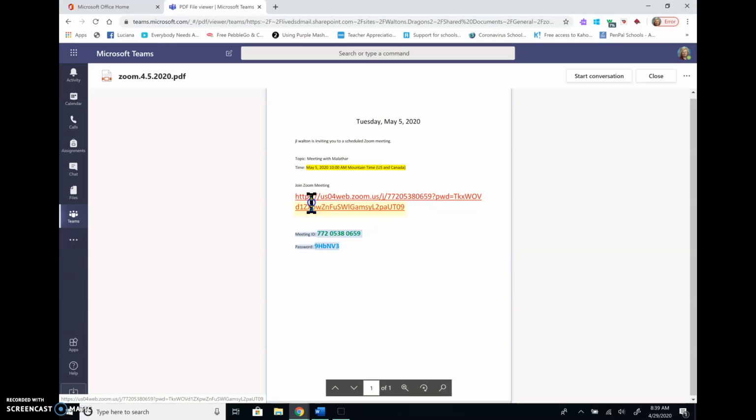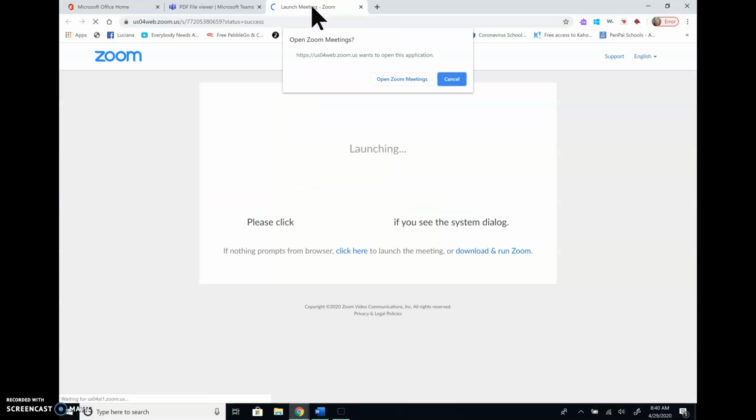I'm going to highlight this portion, which is the link. I actually held down the control button and then clicked the link with my mouse because I couldn't seem to get it to highlight. This is the meeting. I would launch by Open Zoom Meeting,